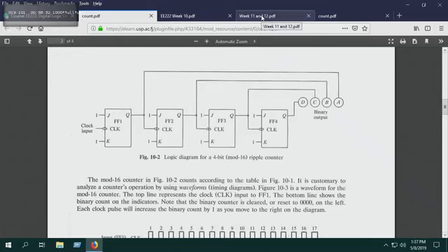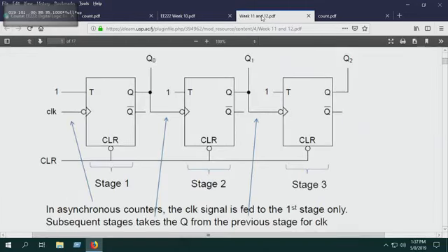Now, what's so special about a JK flip-flop? Over here, they use the T flip-flop. So you can either use the JK flip-flop or the T flip-flop. What happens in the T flip-flop or the JK flip-flop? Can you tell me? Oh, JK, let's stick to JK. Let's look at this circuit.